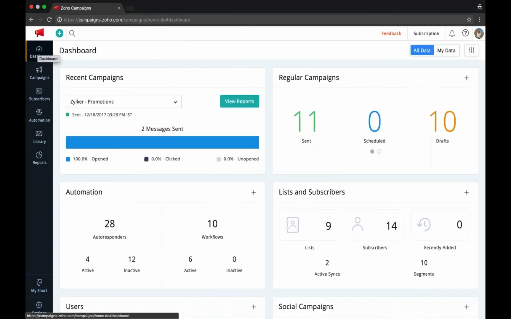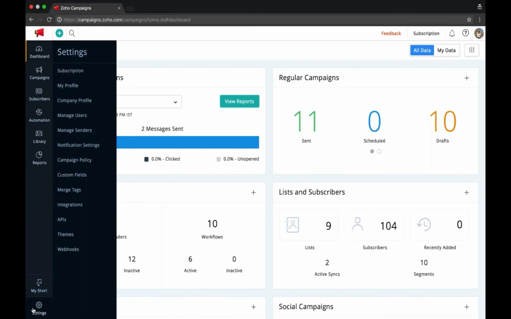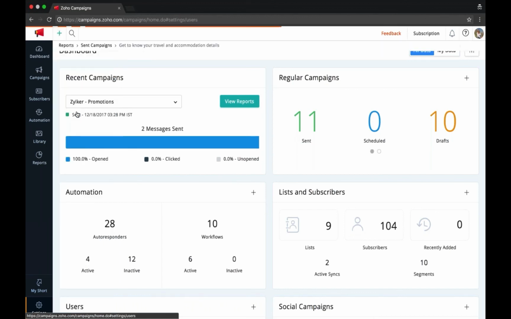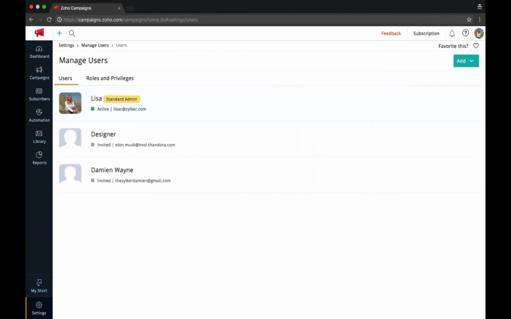Now let's talk a little bit about managing your campaigns account. Right at the bottom, we have the settings option, which of course has the option for you to view your own plan, your profile, your company's profile, and so on. But we also have this thing called manage users. Once you click that, you see this little list of users, and